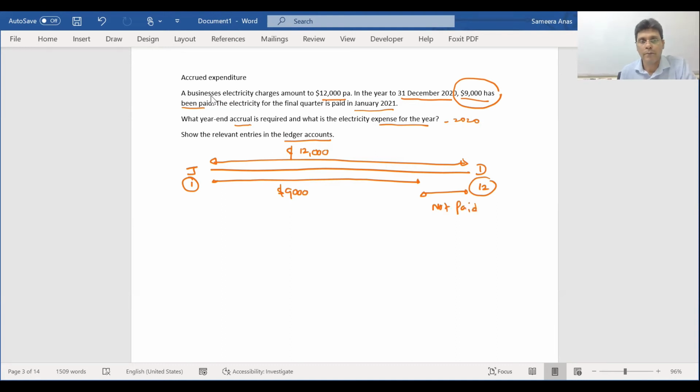Okay, so the business has been operating throughout the period. The business has been operating for 12 months, whereas it has paid the rent only for the first three quarters, which is 9,000. The last quarter has not been paid. So therefore, when you match your revenue